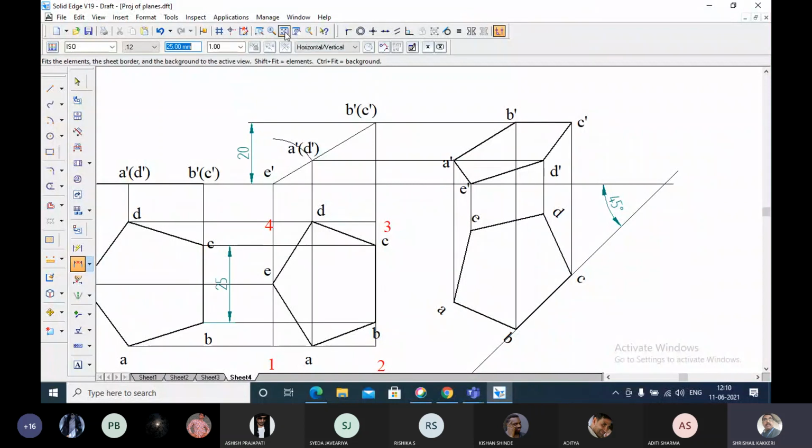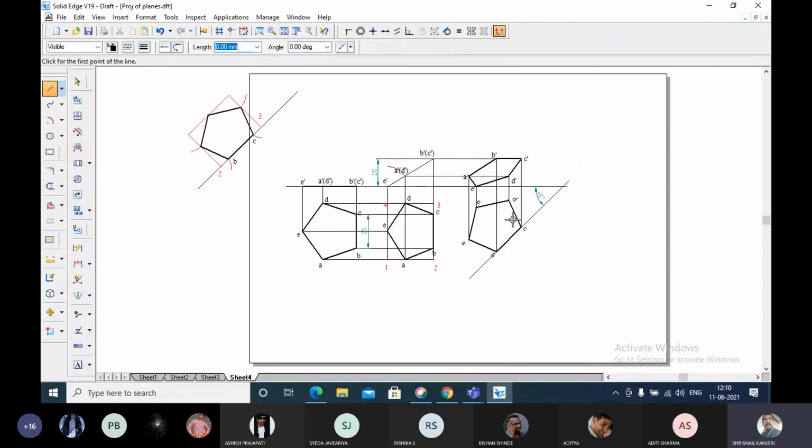Okay. Next, as usual, you are going to write XY line and all this. And if at all required, you can write this is a front view, final front view, and this is the final top view. And you write XY line and all this, the problem will be solved. Okay, you can do like this.